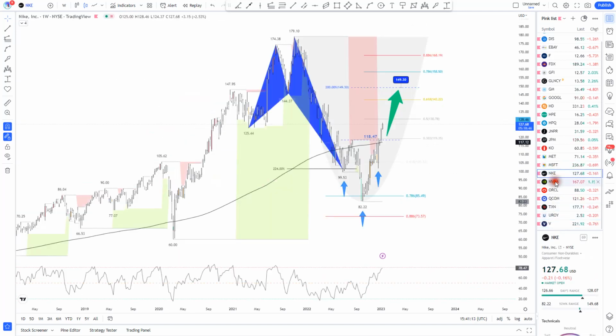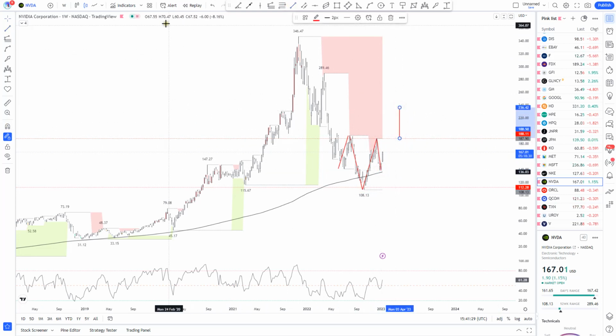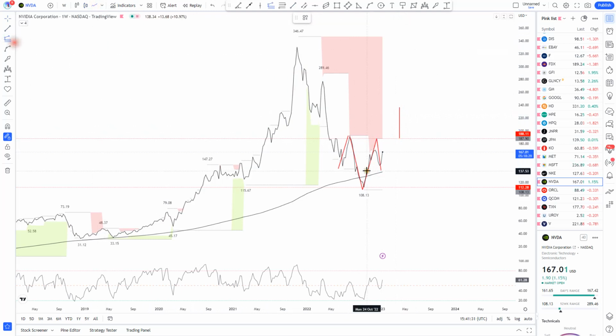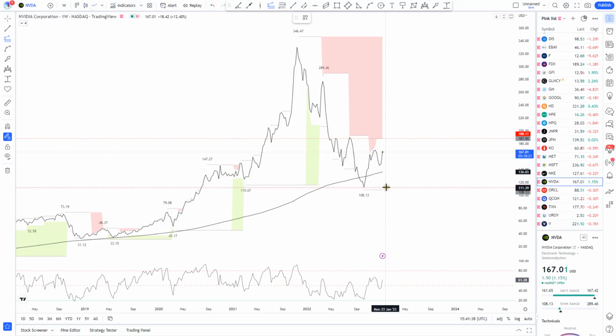Microsoft, the Nike, we have the Nvidia. Also, we have a resistance at 188.11. So we have also Nvidia with an inverted head and shoulders, as we can see here, a clear one. It admits a move to the upside after a clear breakout of the next zone. We can project the targets for that pattern very fast, because I need to finish. I have a meeting in 20 minutes.